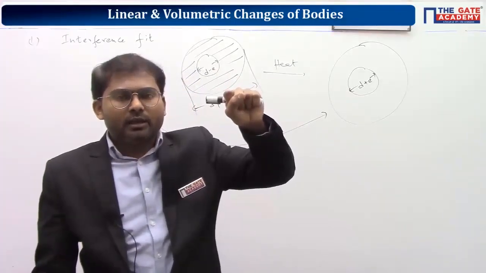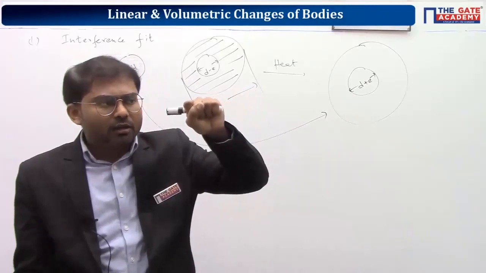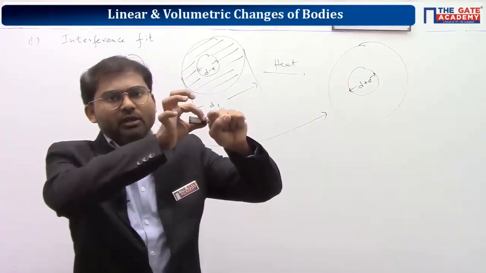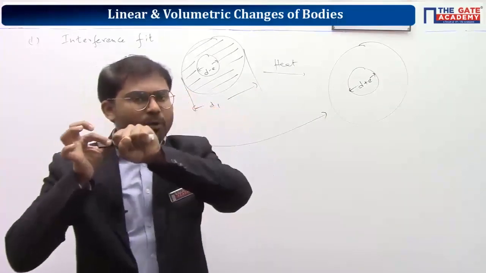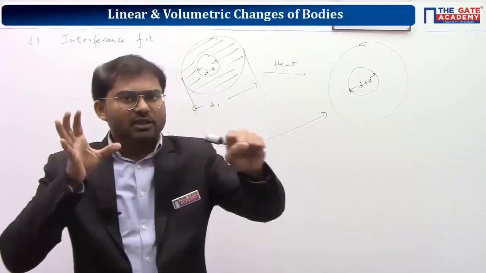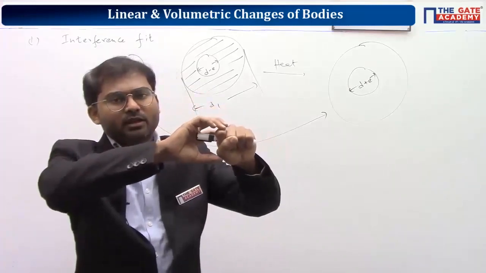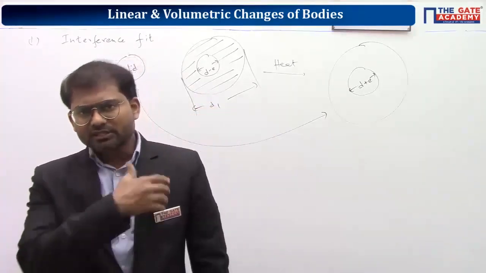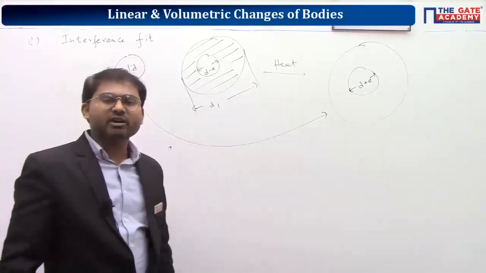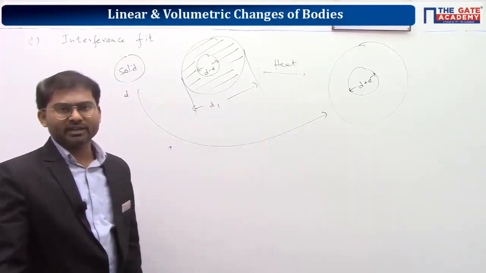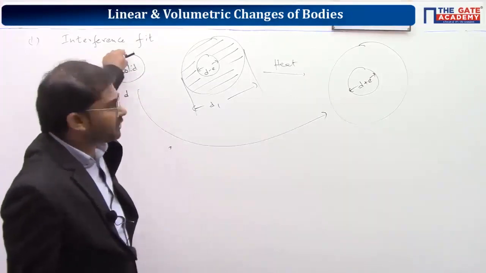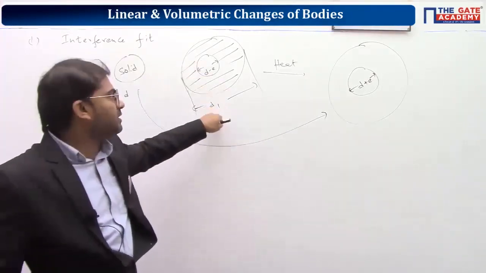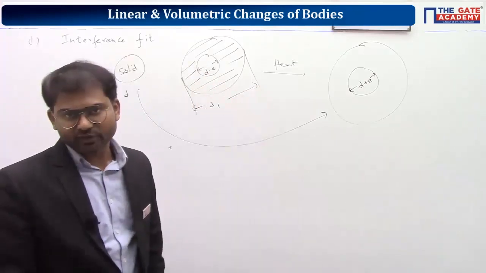It will be touching or grabbing that solid shaft. So if you apply force on the solid shaft, it will pull the hollow shaft as well. If you apply force on the hollow shaft, it will pull the solid shaft as well. These things will not be there in the books, but they are required for your understanding. Understood? It is not strictly an interference fit, which you are going to study in your manufacturing engineering, but based upon the overlap of the dimensions, we achieve this here.